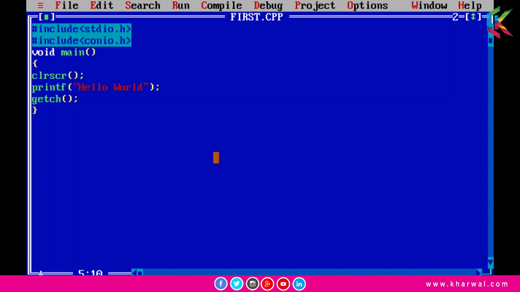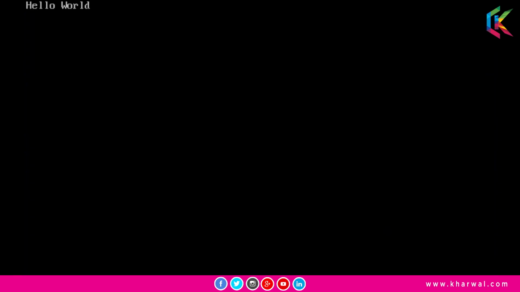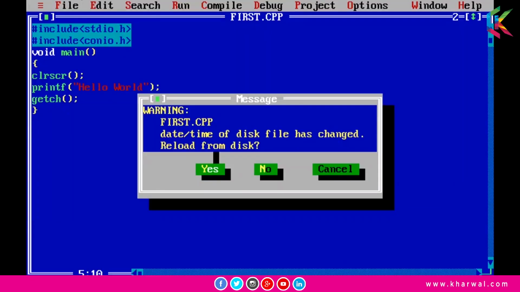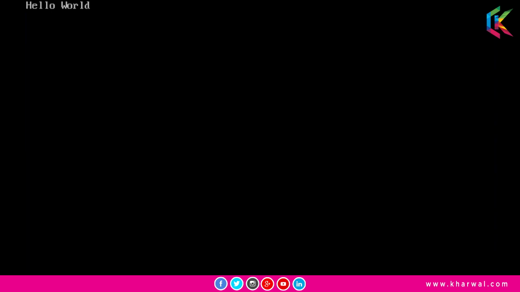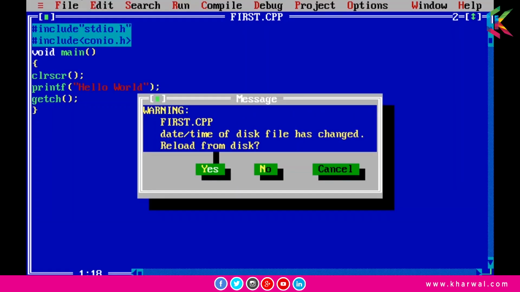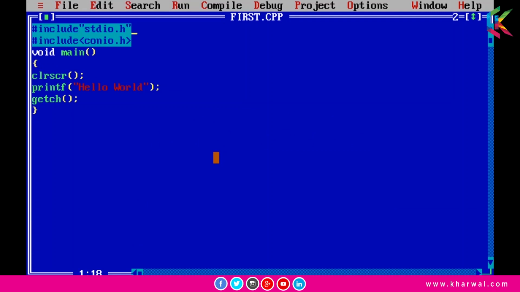So again, I'm going to save this program and run this program by pressing Ctrl plus F9, and then the output is here, hello world. Guys, we can also use double quotes in place of angle brackets. Now if you run this program, there will be no error. So either you can use angle brackets or you can use double quotes. So I hope it is clear to you guys.